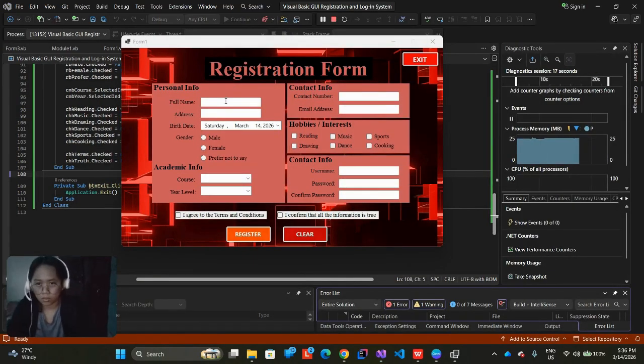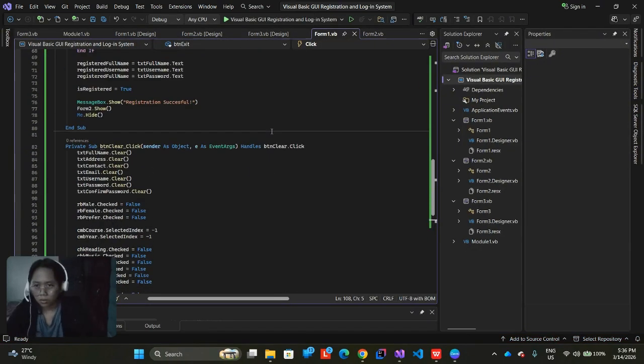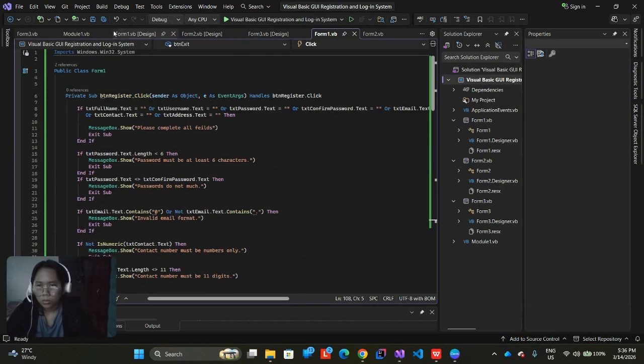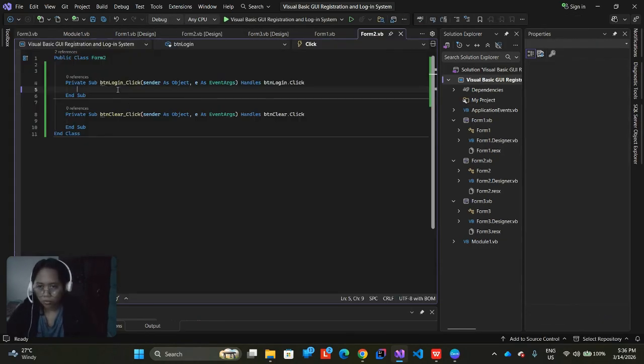So here it is. So I can type here. Register. Oh, we cannot click the register because we haven't made the second form. So because clear, yeah, just this. So we need to make another login button here. For the login button, we go to about